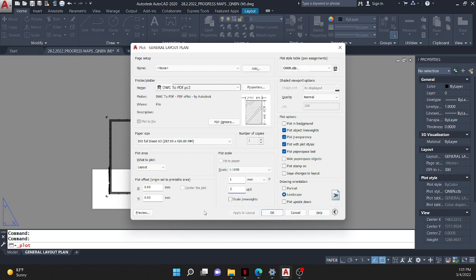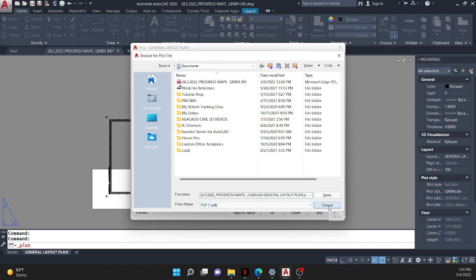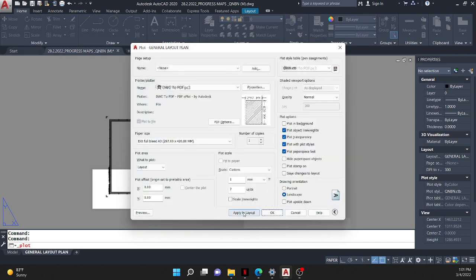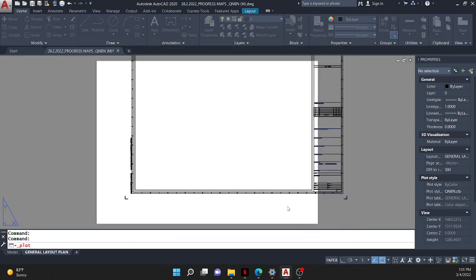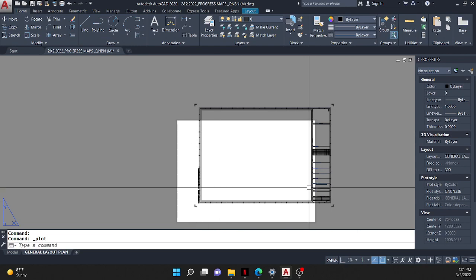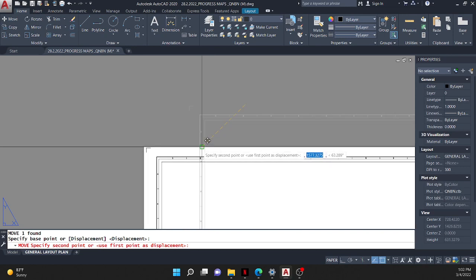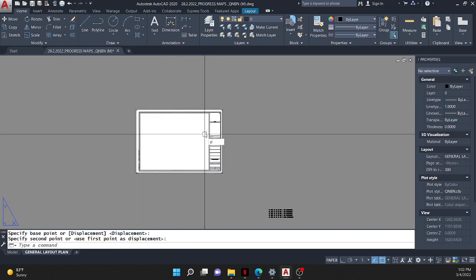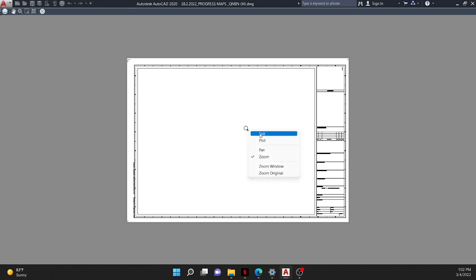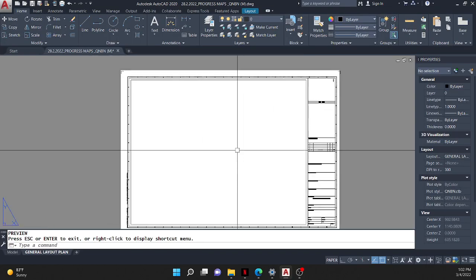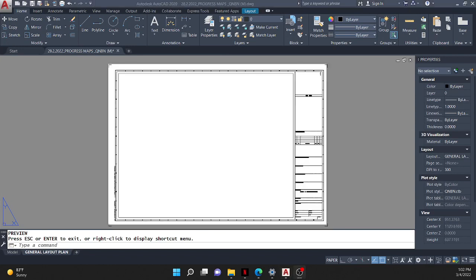Okay. No need to save, just don't mind this one. Apply to layout. After we make it 2 to scale the unit, apply to layout, cancel. And then this is A3 size, so it matches our paper size. You can just move it, and then when we preview again, now it's fixed, it's fit. At first we have to set that one, so after we finish setting,